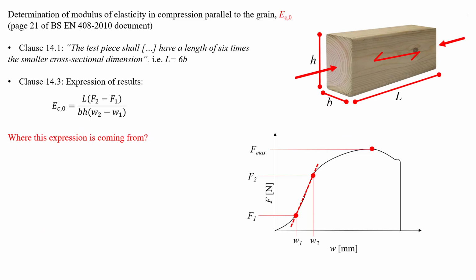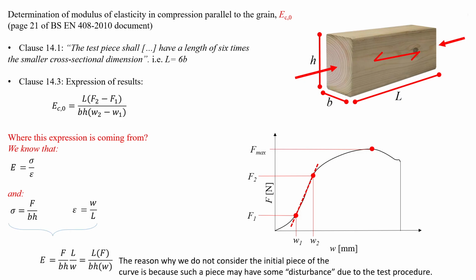Where this comes from is a stress-strain relationship. E equals stress over strain, and stress equals force over area, and strain equals delta over L, or elongation over L. That's where this comes from. This is why we don't consider the initial piece of the curve, because as we apply the load in the machine, there's a machine called